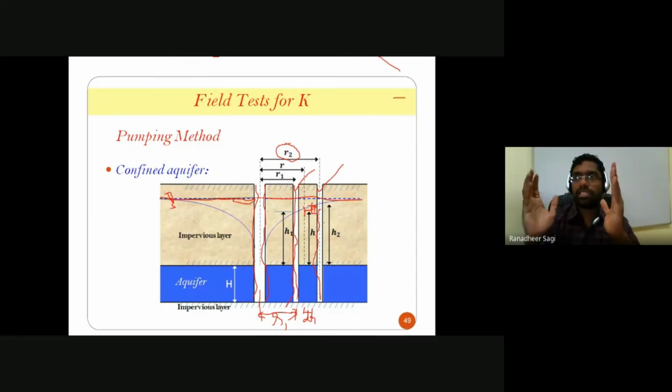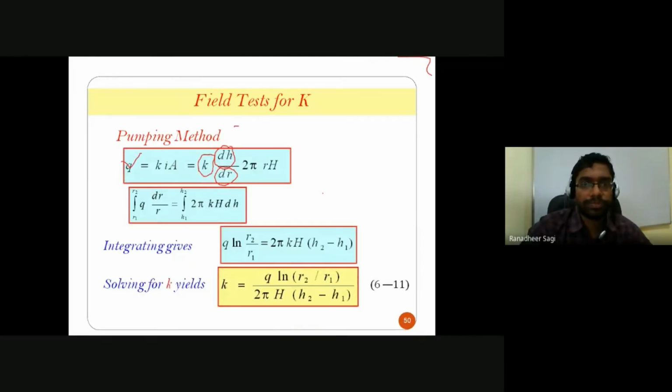For a radial distance, what I am looking at is dr. So that slope of the curve, this particular slope of the curve, yeah, this is the curve I am looking at. The slope of this curve is what we call your hydraulic gradient. So that slope is nothing but a small vertical variation over a small radial variation, dh by dr, which is multiplied by the cross-sectional area through which the flow is entering into that borehole.